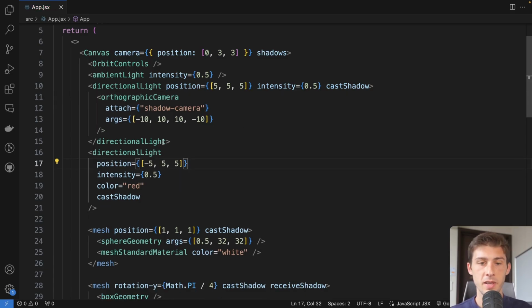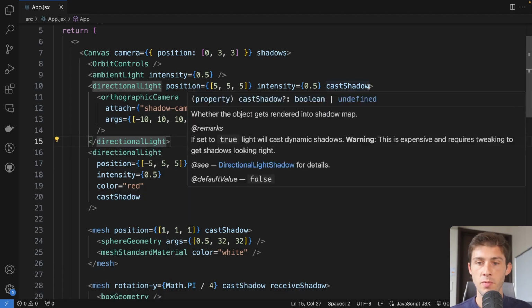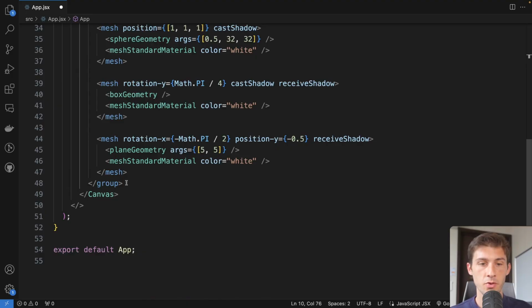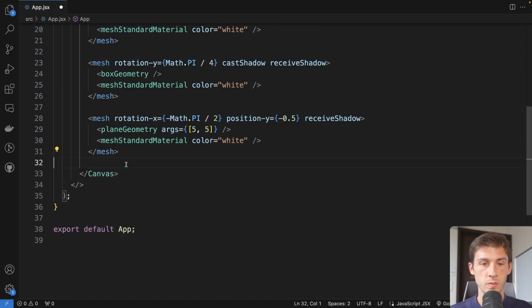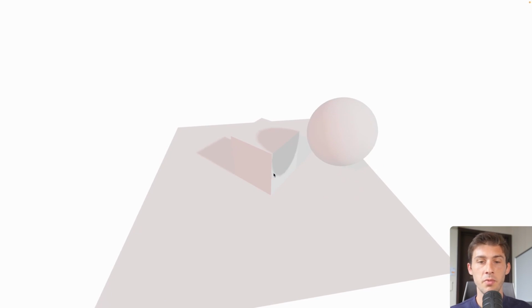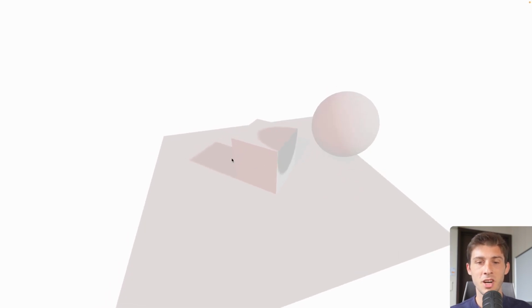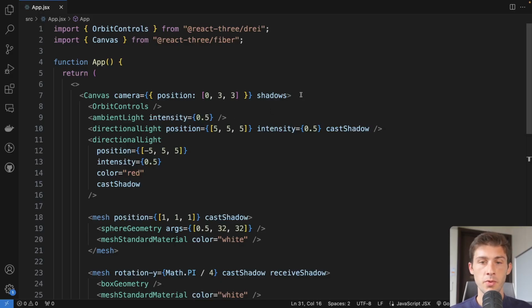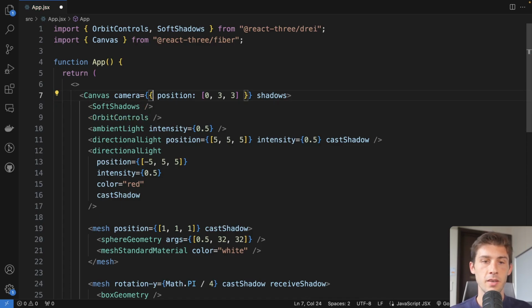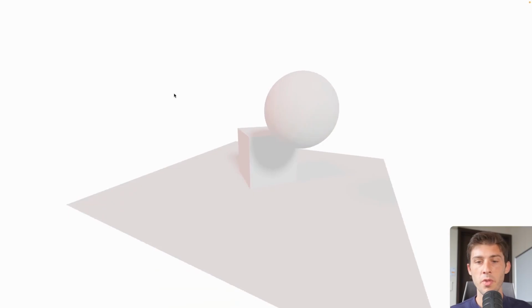Okay, let's clean our project a bit. Let's remove that camera and let's remove the duplicate group here. Okay, so far this is what we have. The shadows are back to what they were before, and they look very sharp. Instead, we can use a very nice tool. It's a component from Drei named SoftShadows. You just have to add it inside your canvas, and it will automatically smoothen the shadows